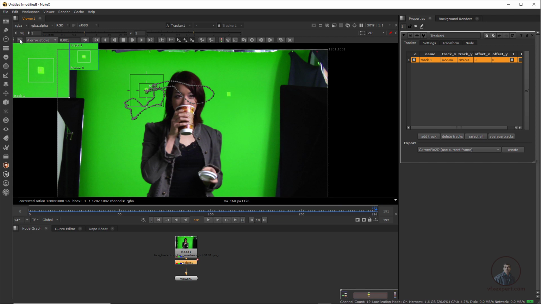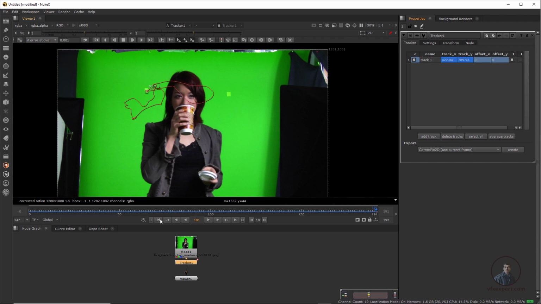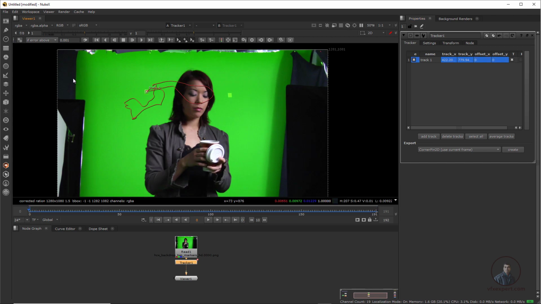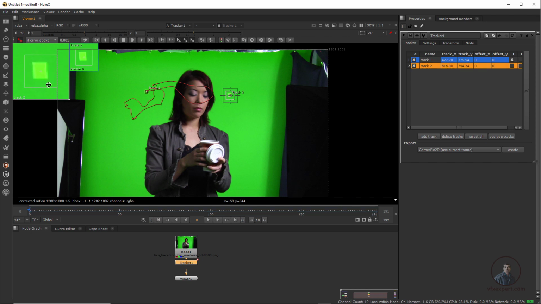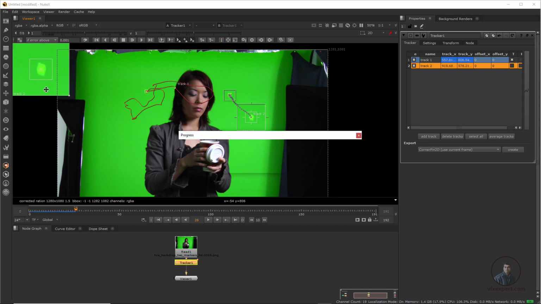Then again we have to track a tracker. So again enable this one or simply you can click on add. But the difference in both options is, if you click on this then you can click on your desired position, but if you click on the add track option this will add trackers in the center. Because I am going to track at a starting point, place the CTI here, then click on add tracker and simply click here and adjust according to your requirement. Then switch off this one. Again the same thing: adjust pattern size and search area, and again we have to track forward here. So now again we have to focus.